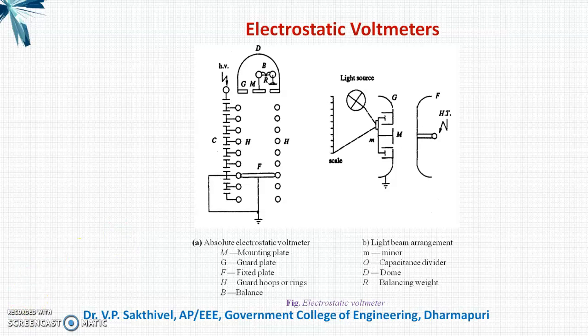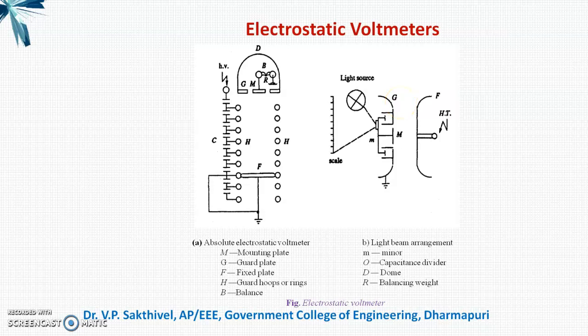Okay, the electrostatic voltmeter consists of two parallel plate electrodes. One is the fixed one, another, as I said before, is the moving electrode, which is separated by a small distance. This fixed electrode is connected to the high voltage supply, and the fixed guard ring here, and in the moving electrode we also have a guard ring. Both the terminals have guard rings.